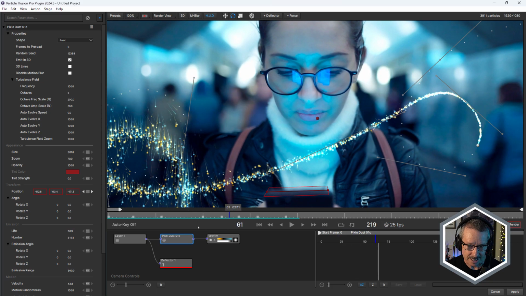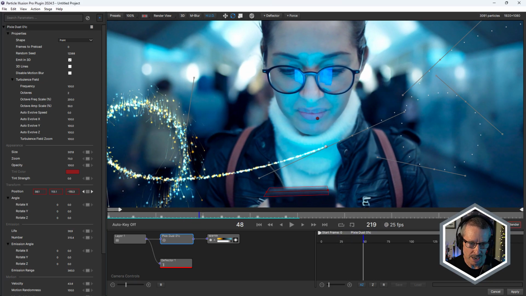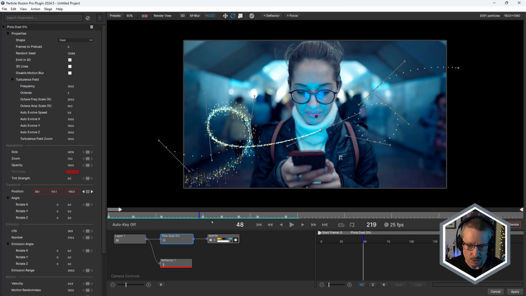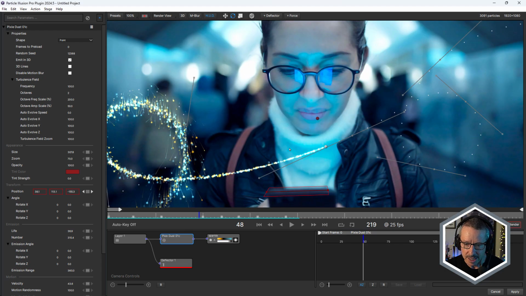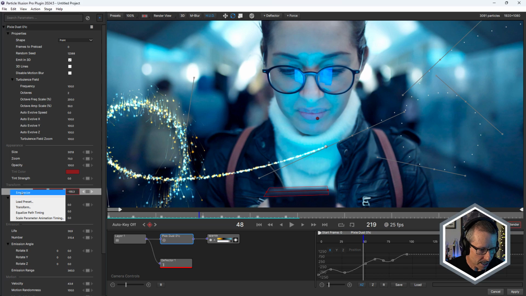It's got that classic sort of Tinkerbell pixie dust look. I've just replaced the particle. We'll look at the particle node in a moment. Let's start by looking at the emitter. I've got that selected. And in particle illusion 2024.5, if you select position and right click, you can choose to